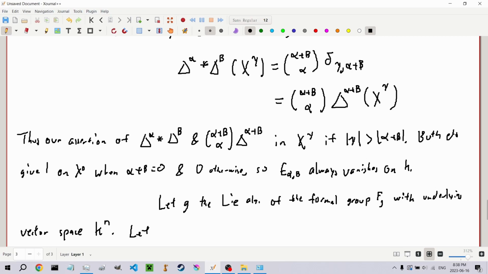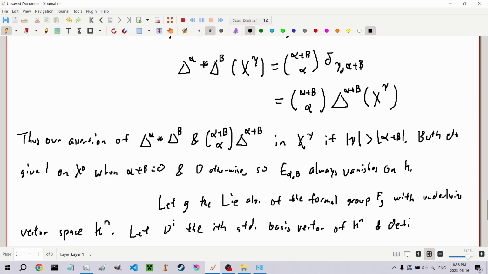We're also going to let d to the i be the ith standard basis vector of k to the n,